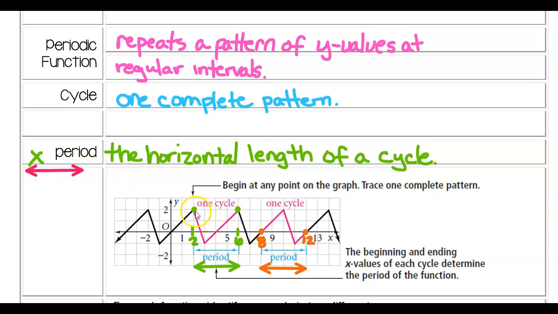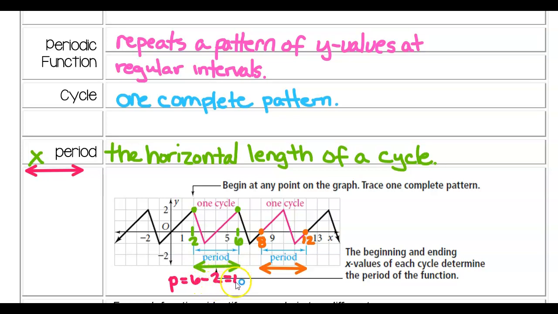So you can begin at any point on your graph and trace a complete pattern. So if I go from here to this green dot, this is a complete pattern. It makes the V shape, and then it makes the V shape again, and it repeats. So what is the horizontal length of this pattern? Well, the pattern starts at 2 and it ends at an x value of 6. So my period would then be, if I just take 6 and subtract the 2, my period is going to